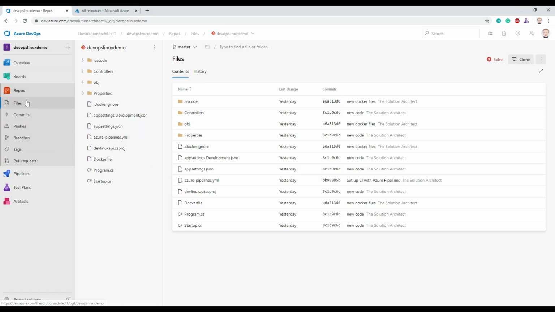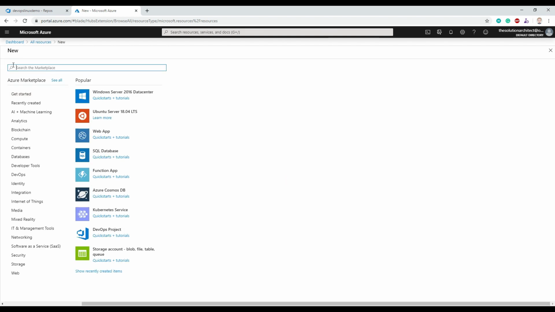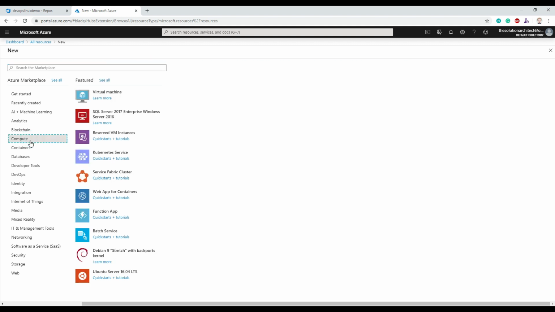So we're in Azure DevOps. This is the Azure Repos, the source code files that we're going to deploy from the previous video. Now back to the Microsoft Azure portal, and what we need to do here is create a virtual machine for Linux. Go to Compute and then Virtual Machine,